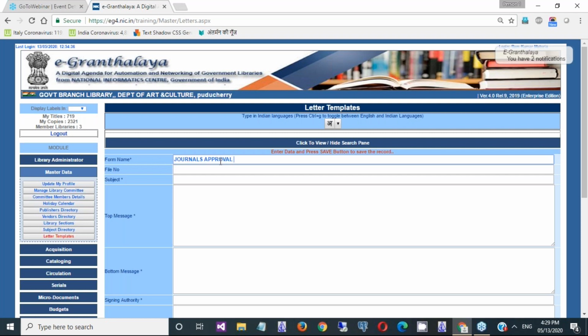You need to create basically all kinds of forms for every communication, every letter or note you are going to generate from eGranthalaya. Put the form name so that you can identify it. Put the file number. Every library needs to create its own form with its system.